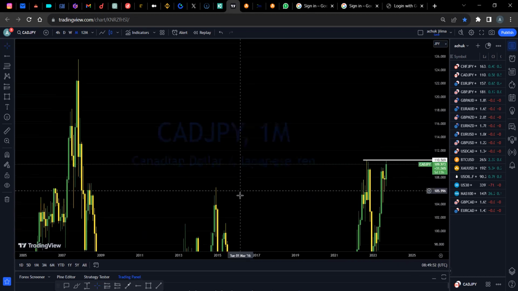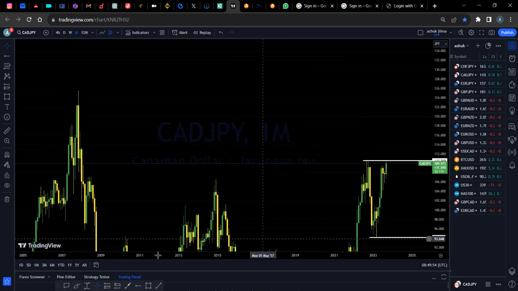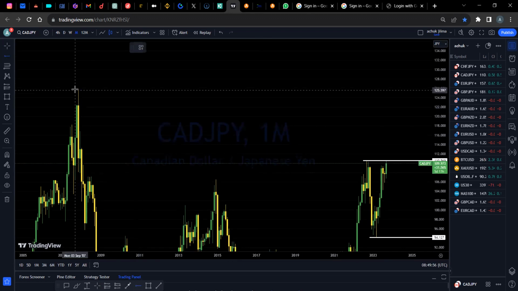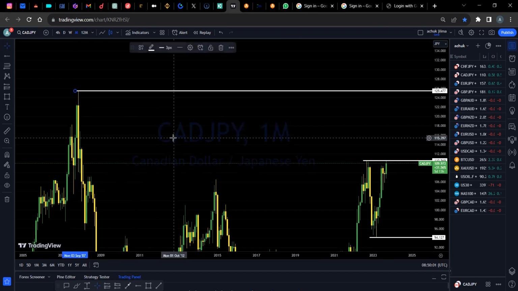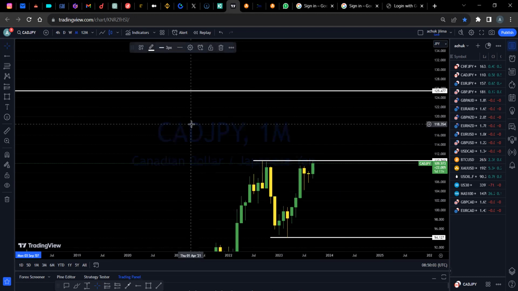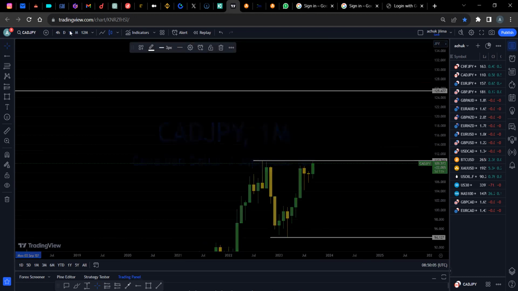So once price maybe breaks above this level, that's when we can begin to focus on these other highs. But for now, we are at a very good structural price. So this is one of those good pairs to look at this week. So coming to the weekly chart,